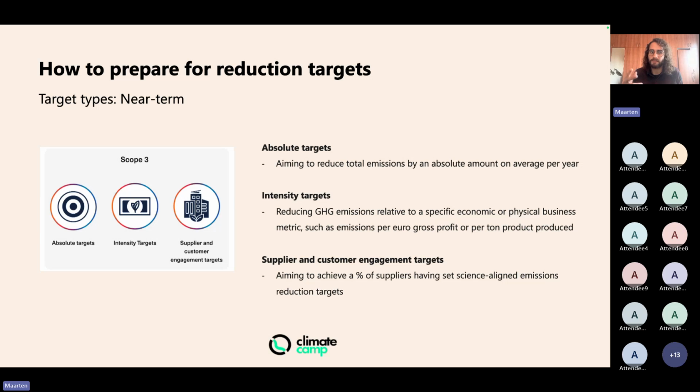Why do I say it is qualitative and quantitative? It's qualitative because you're not actually reducing emissions by getting your companies or your suppliers on SBTi, but indirectly, and this is the quantitative aspect, because they have to set reduction targets, they will have to start reducing their scope 1, which means reduction on your scope 2 and scope 3 for you, as well as their scope 3, further enhancing the reduction on your scope 3. So it's more of an indirect target, the way you can look at it, especially for purchased goods and services. This is really important because your emissions come from the goods you purchase. There's not much influence you can have there except working with your suppliers.